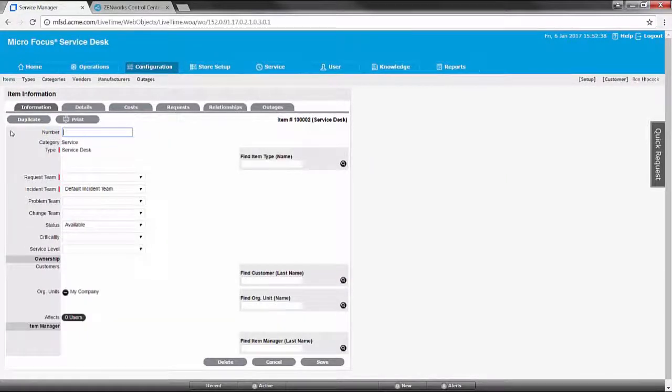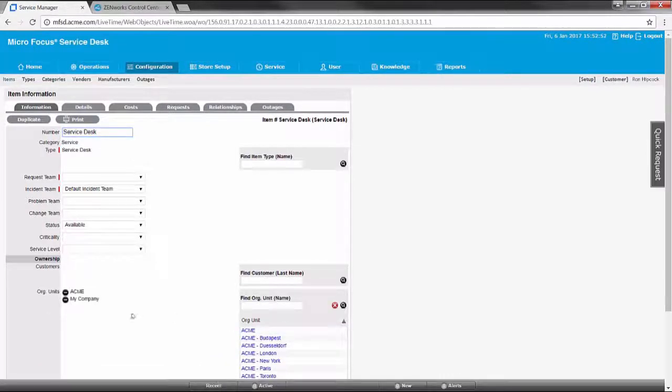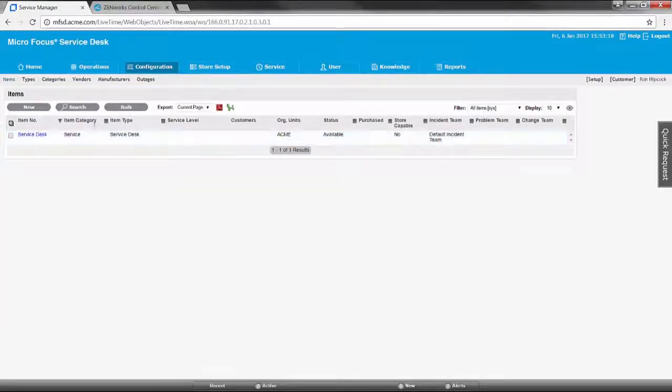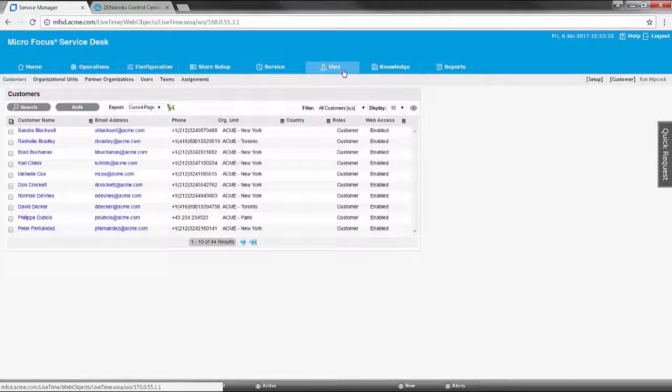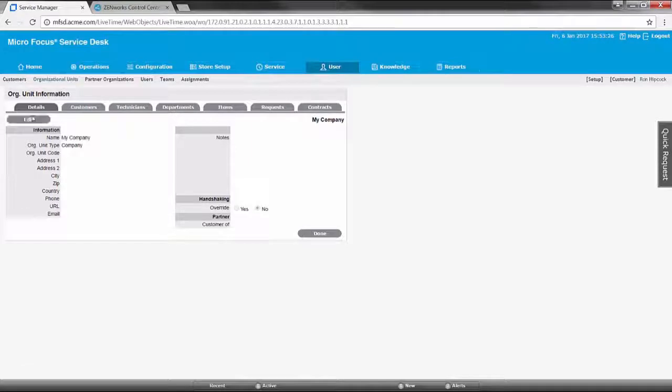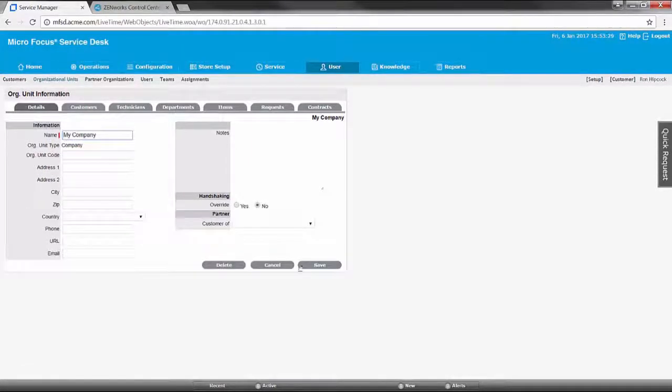Edit the Service Desk item and rename it appropriately. Ensure that you provide the right teams before you go ahead to save this item. After providing the right teams and saving this particular change, now you can go back to organizational units and remove the My Company OU and reassign it to the